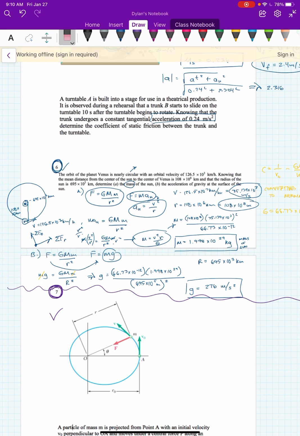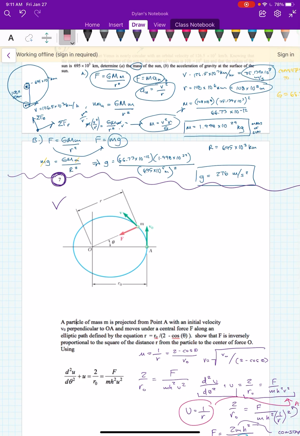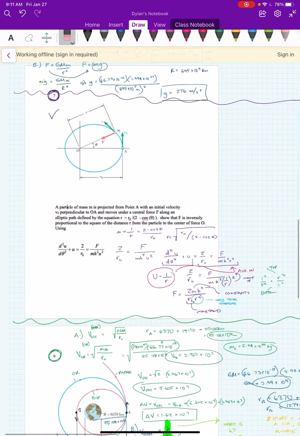Did the same thing for B. However, the radius is going to change in the denominator, so I changed that and was able to get the acceleration this time, which I was solving for instead of the mass, for the sun, which would be the normal acceleration going inward, otherwise known as its gravity. Number 7,